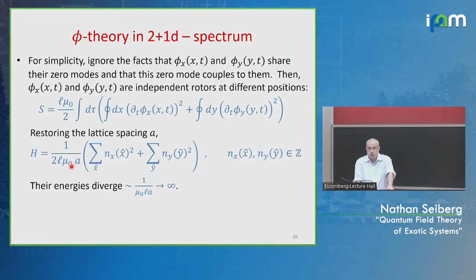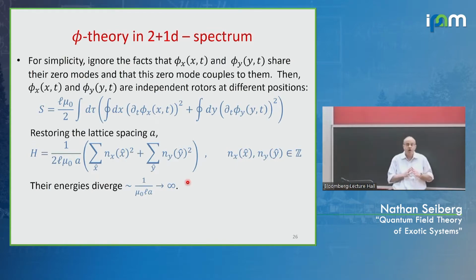If we try to restore the continuum limit, namely hold mu0 and L fixed and A going to 0, all these energies of the rotors go to infinity. So classically, we had lots and lots of zero energy states because we can let phi rotate. So imagine phi is independent of x but depends on y. So I pick one value of y and I let this phi rotate. So all these phi's rotate simultaneously, and this is the action of this momentum symmetry, and it looks like it's